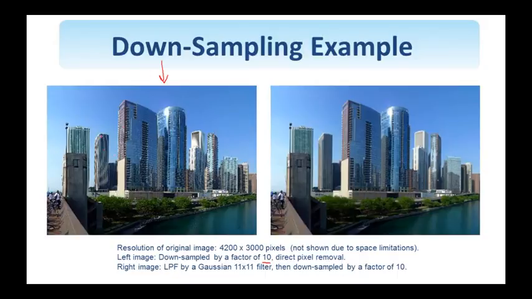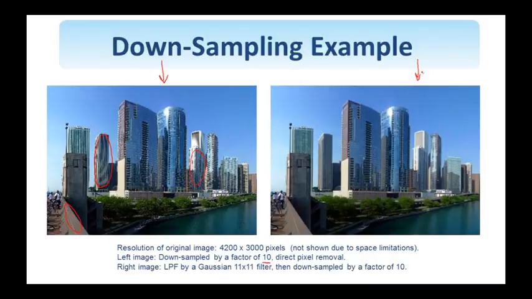If we look at edges or high frequency components, we see that low and high frequencies are mixed up. It appears everywhere in this building. This is a picture of the Chicago skyline, while the flat regions, like the regions here, don't show any effect of aliasing as expected. On the right, I show the downsampled image to the same size as to the one on the left,